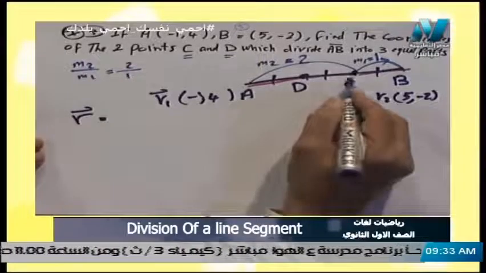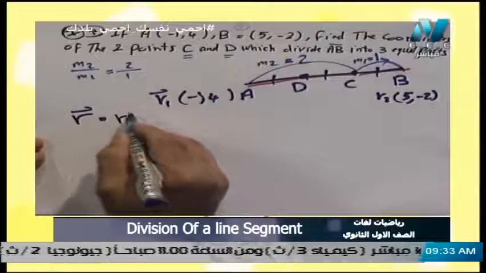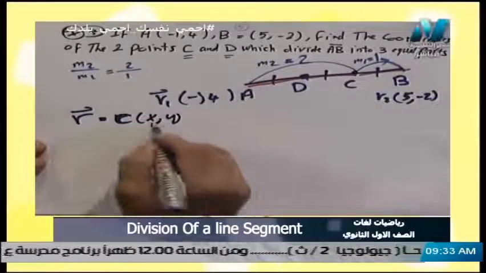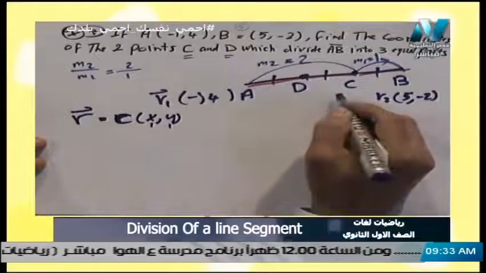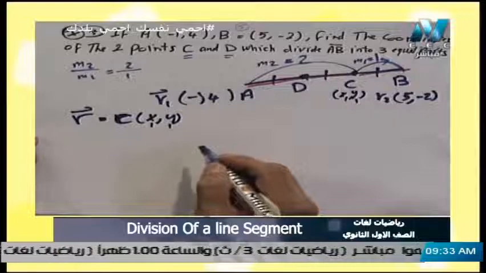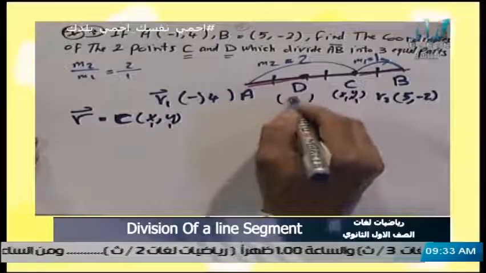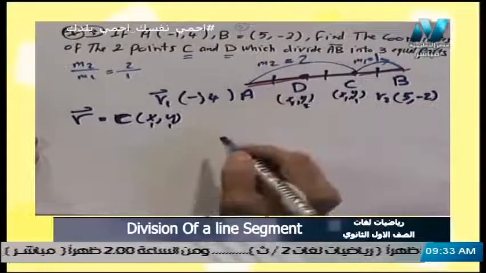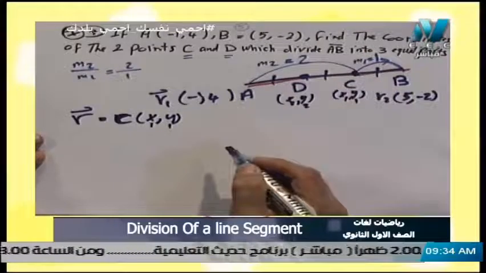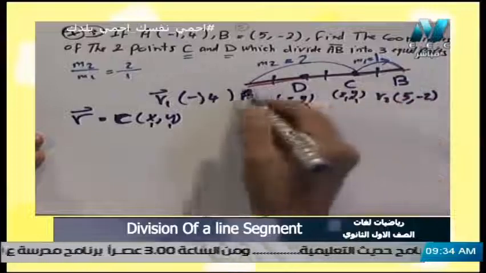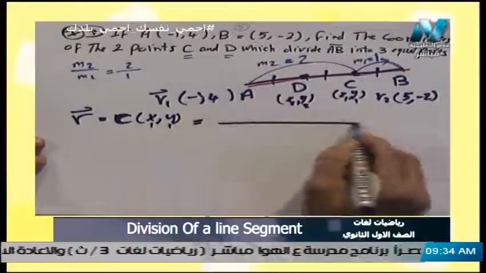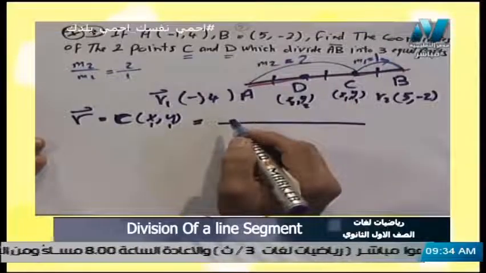R here is C, which is X and Y, or we can say X1 and Y1 here, because we have D. D will be X2 and Y2 to differentiate between them. So C here divides the line segment AB with ratio 2 to 1. So M1, where is M1? M1 here is 1